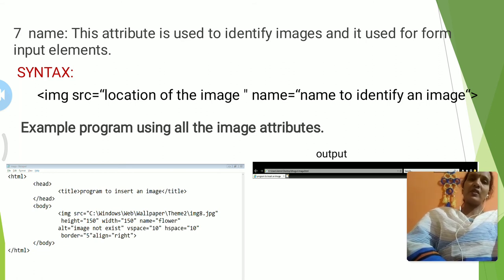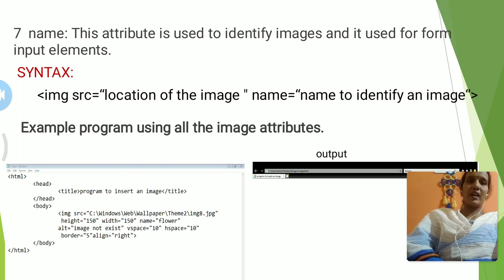For this you can use the id attribute also. Most probably this attribute will be used with form elements, and when you are using mouseover and mouseout events, at that time we use the name attribute. So this is about your image tag attributes.